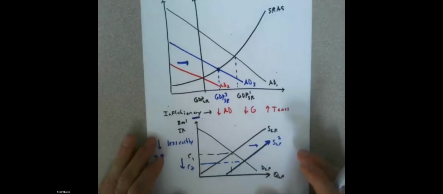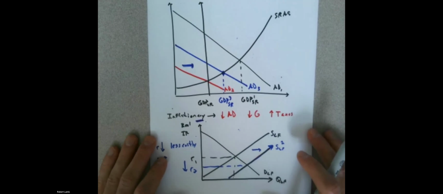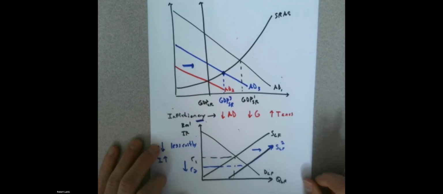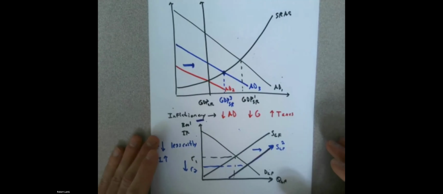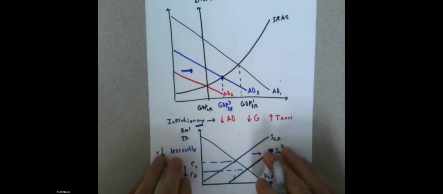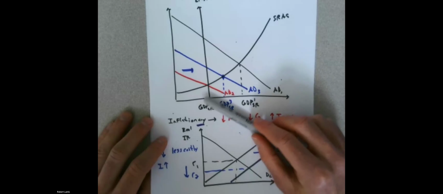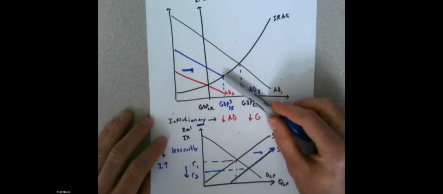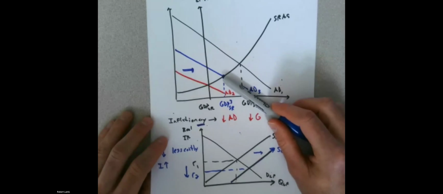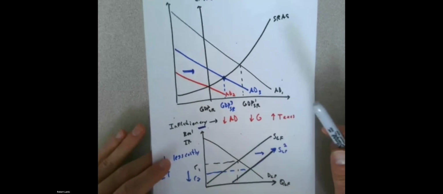So as a thought experiment, what would the government want to do? If it can anticipate or it knows that these secondary effects are going to happen through the loanable funds market, what might they want to do? Well, if I know that a recession, or in this case, an inflationary gap is still going to exist, how would I close an inflationary gap? I decrease government spending by even more.